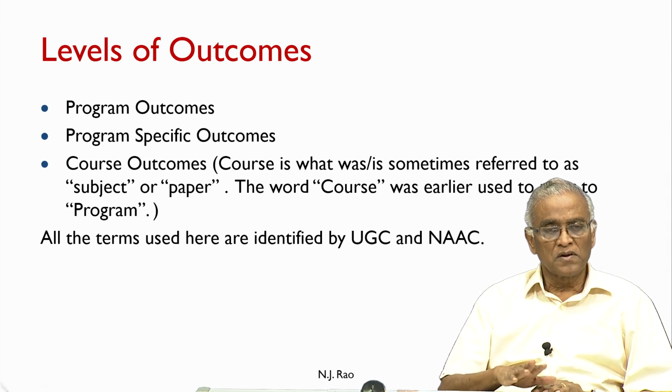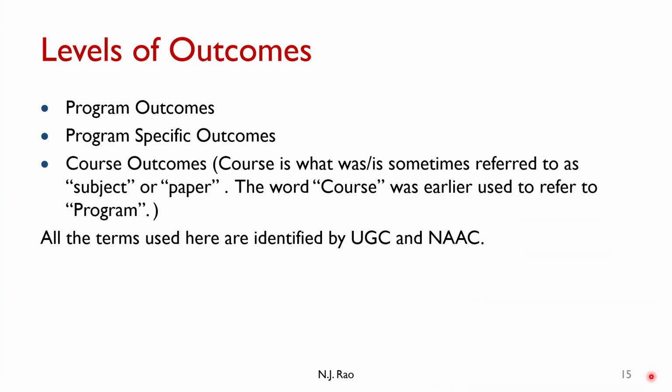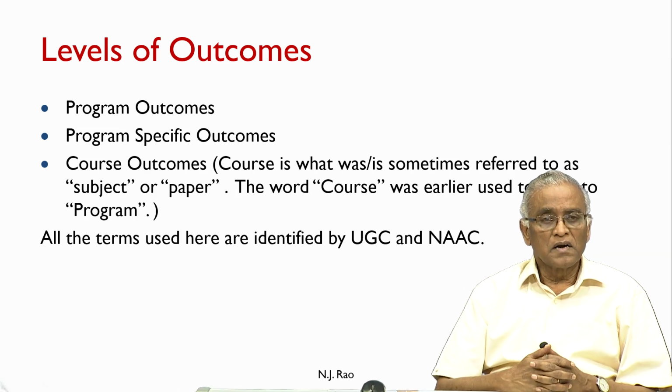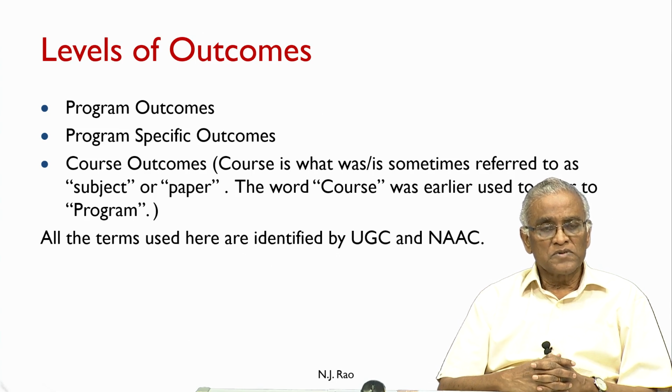Program refers to a certain period: undergraduate program, undergraduate degree, as we call it, is an undergraduate program of a 3-year duration. There are some 4-year duration undergraduate programs. And the program outcomes are